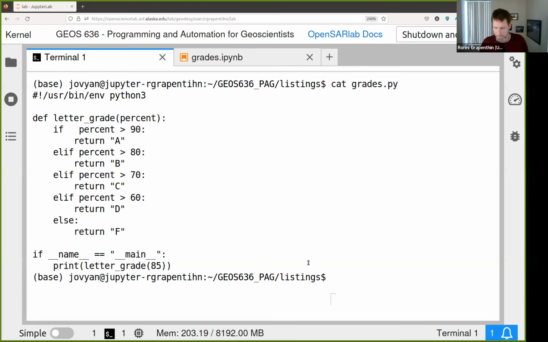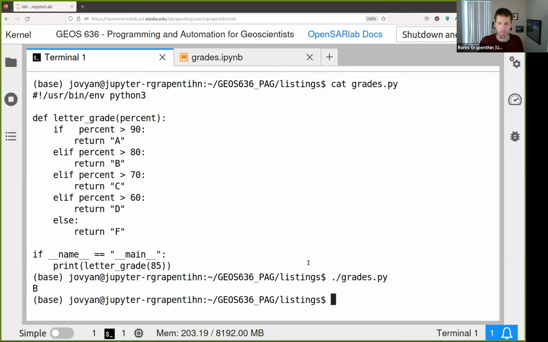And now if I just execute grades.py, I get a B. And if I want to change that now, because I haven't implemented command line arguments, I would need to change the 84